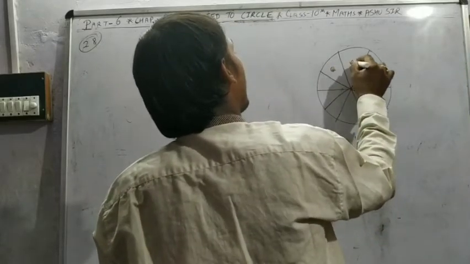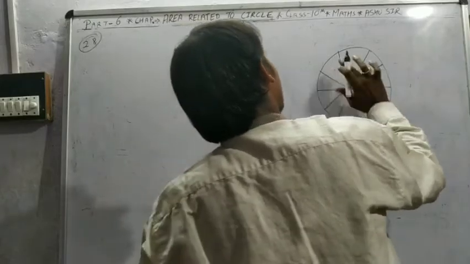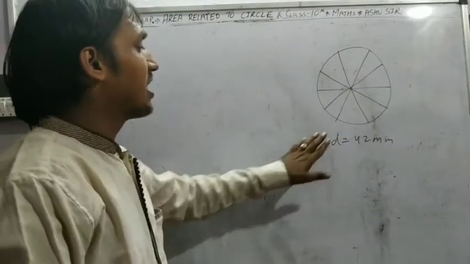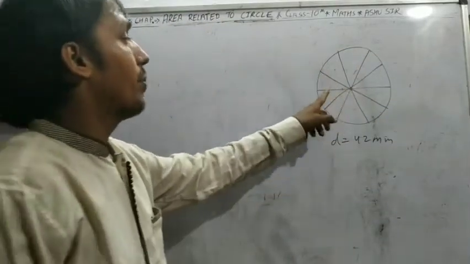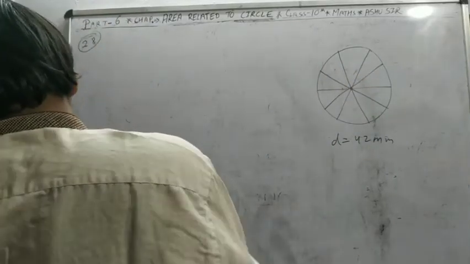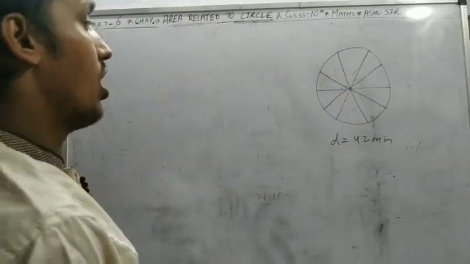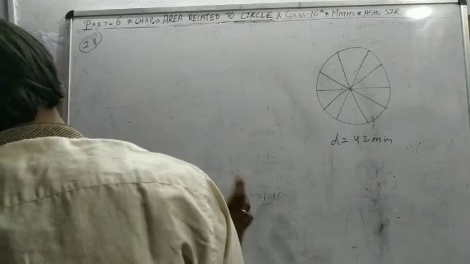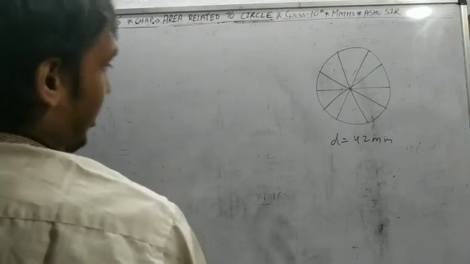This design is made here. There is no use of this. There is only a misguide. There is no comment about this diagram in the question. So there are only 5 diameters used to divide the figure. We want to find the total length of golden wire and the area of each sector.